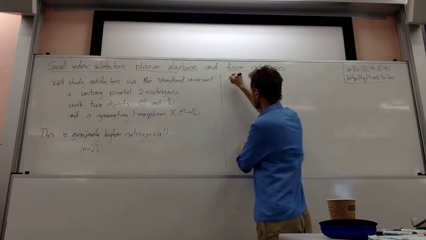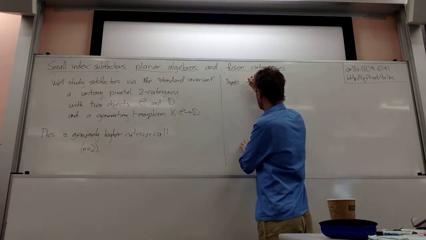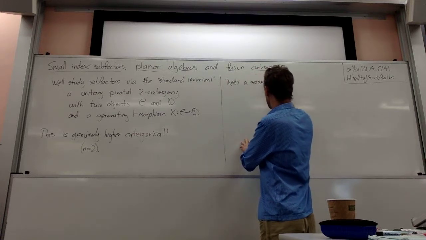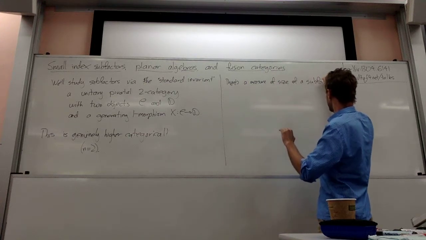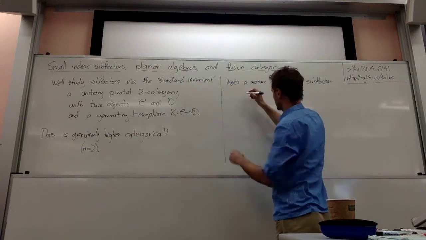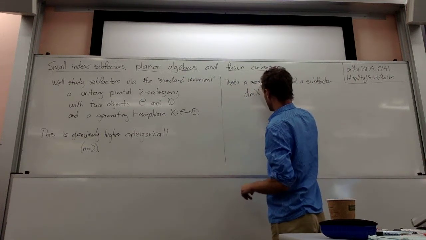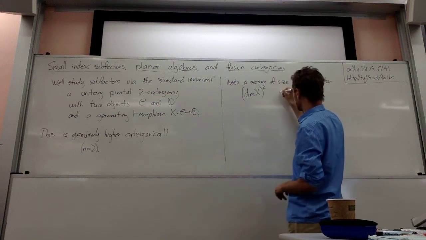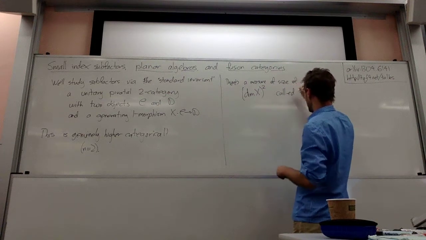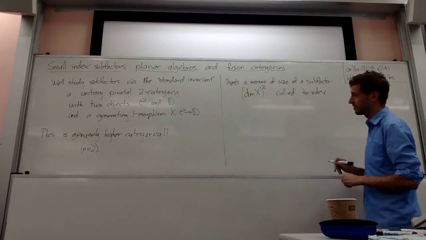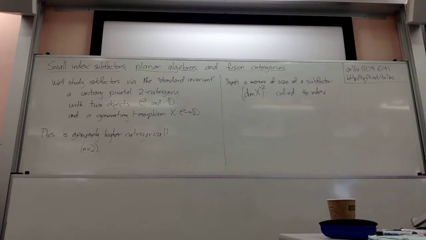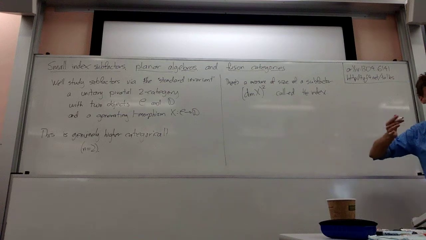So there's a measure of size of a subfactor. I promise I will still come back and say what a subfactor is, which in this language is the dimension of this object x all squared. In a pivotal setting, we have notions of dimensions called the index. Now, classifying all subfactors, whatever they are, is a completely hopeless problem. And so we make life easier for ourselves by just filtering by the index and trying to understand subfactors with